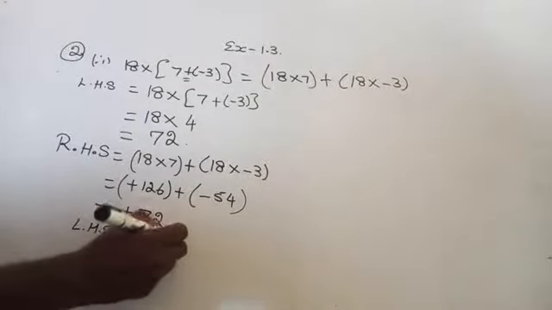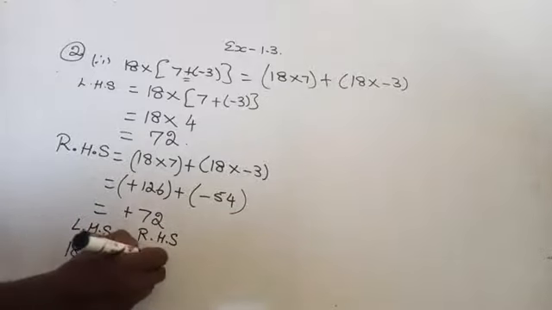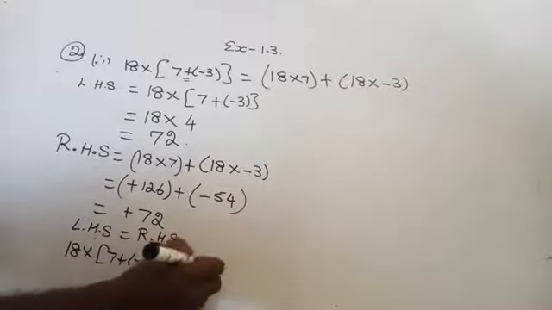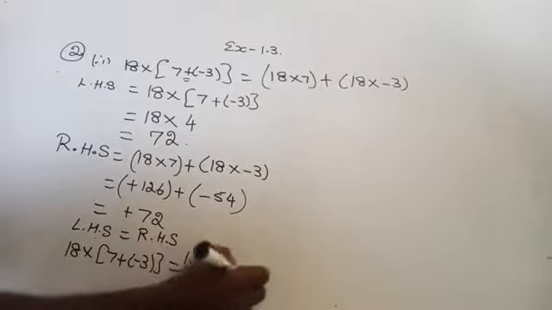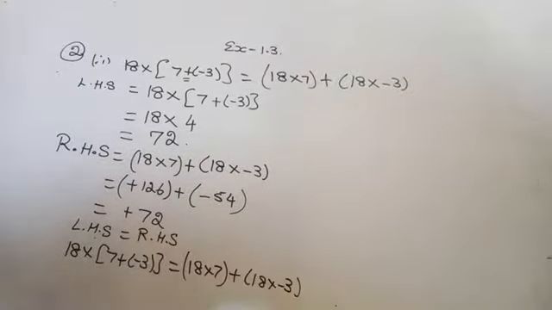Therefore, 18 into (7 plus minus 3) equals 18 into 7 plus 18 into minus 3. Am I right here? Shall we move to the next question then? The next question is